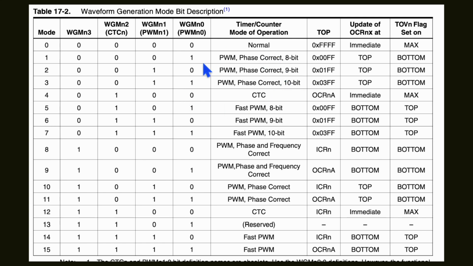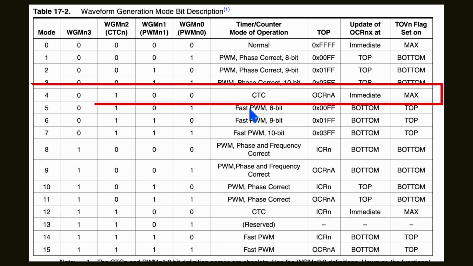There are different PWM configurations we can do here, PWM phase correct and fast mode. So that we'll cover in later videos. Here we'll focus on this one. Whenever our timer reaches this compare register value, the timer will be cleared, meaning the timer value will be loaded with value 0 upon this match. So here the second bit we have to make 1.